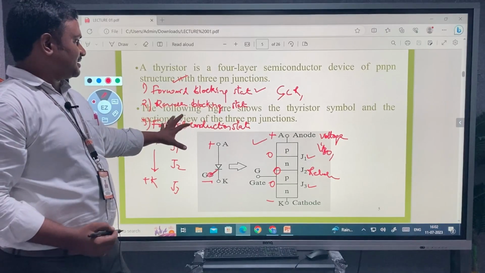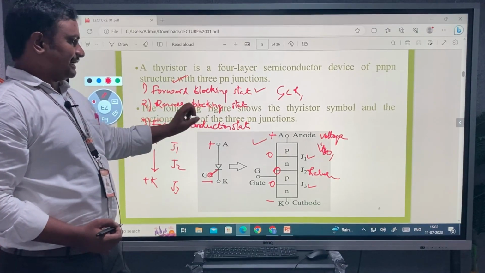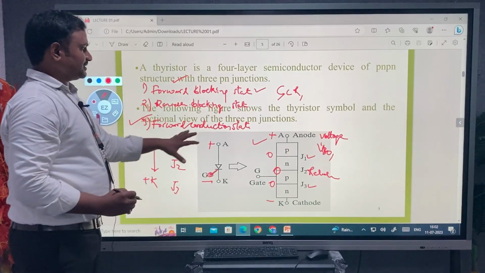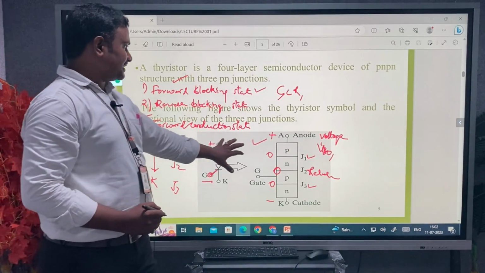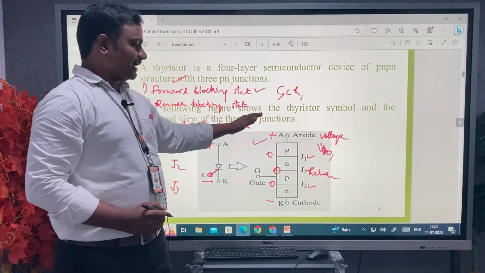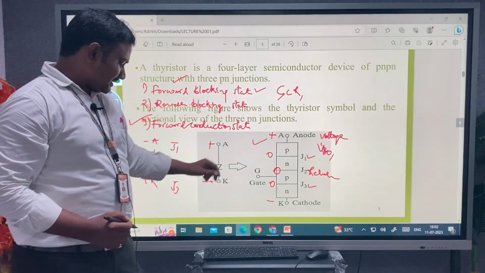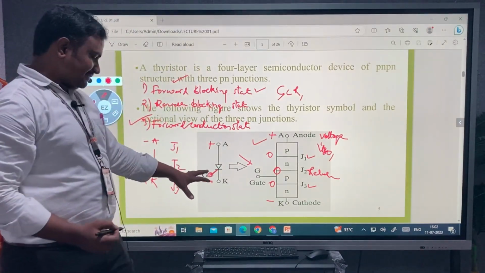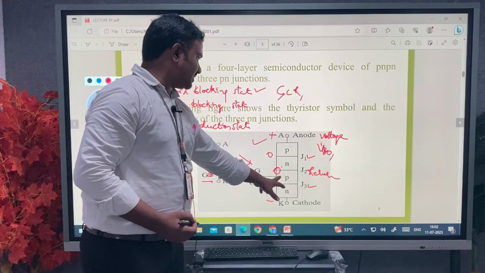These two states are in the off state condition of the thyristors. So let's move on to the forward conduction state. Here, forward voltage is given between the anode and cathode, that means the anode is positive with respect to the cathode. Then a gate signal is applied, and because of the gate signal the junction J2 will